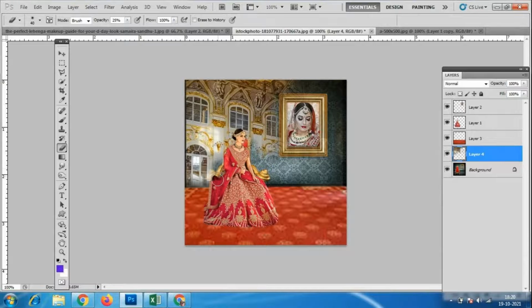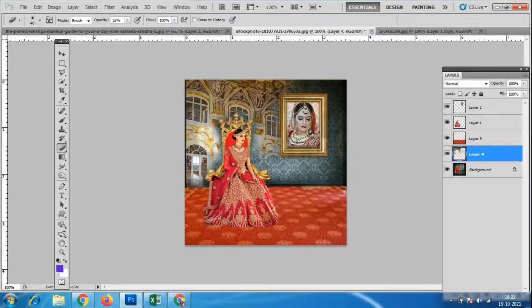Okay, so this is also one of the methods of image editing. Before I used the polygonal tool, now I'm using the eraser tool. Using the polygonal tool we can do the image editing, and with the eraser tool also we can do the image editing. See, this kind of editing we can do. So the eraser tool is very important. How much ever is important, only that much I'm adding.